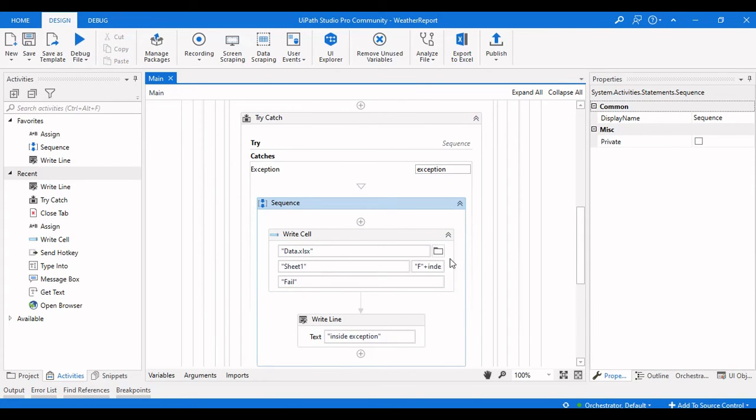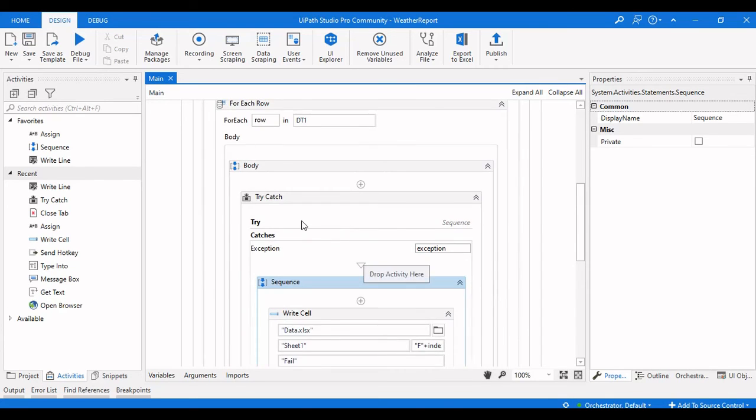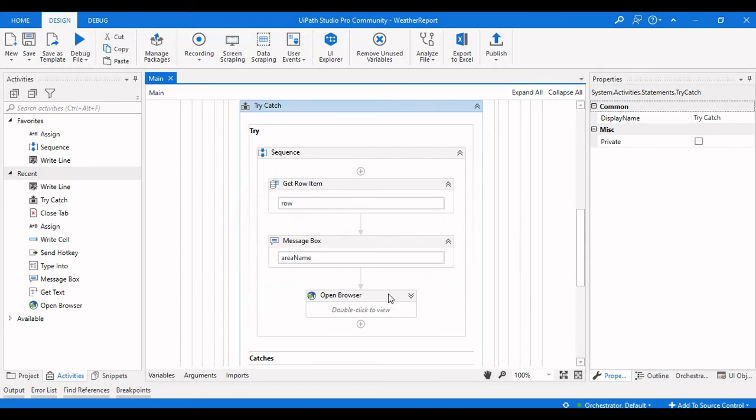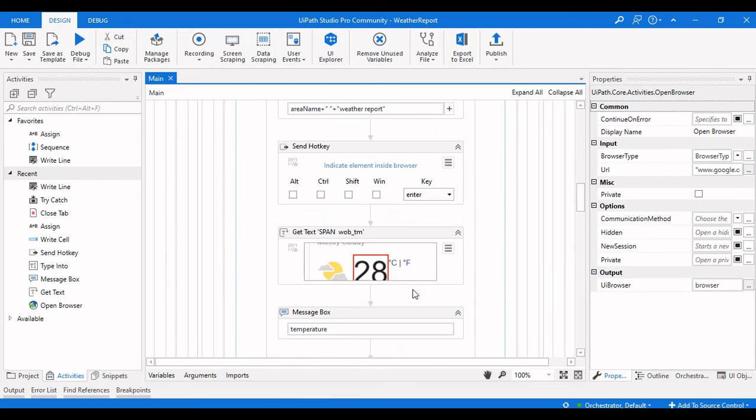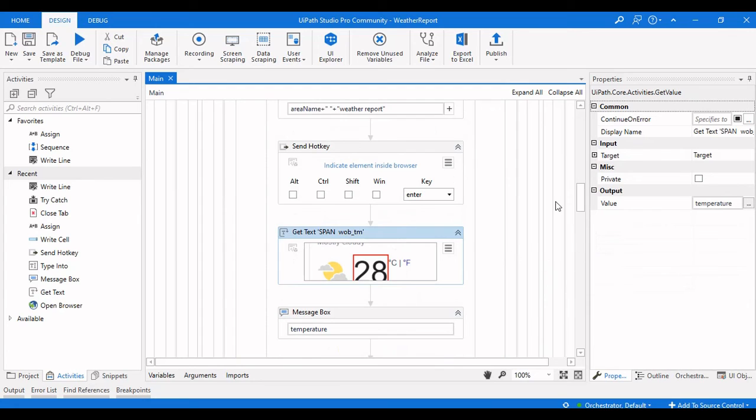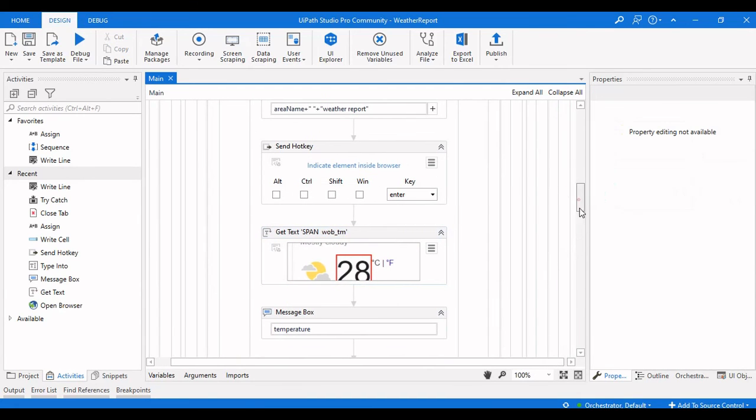So here we need to again increment this index value, as if it fails in this step, it will automatically go to the catch block.